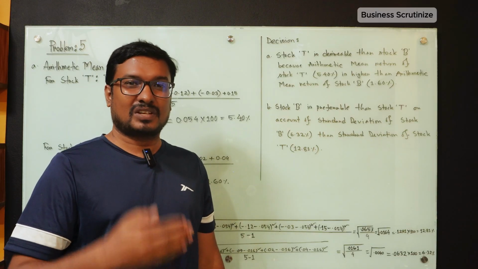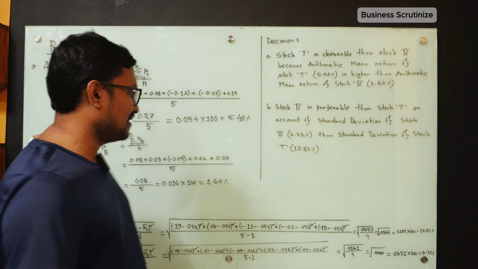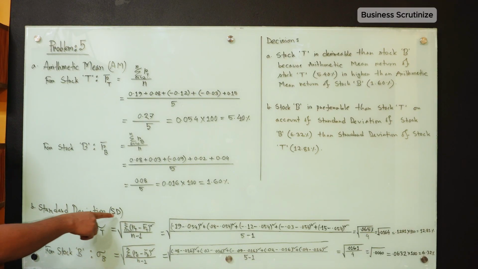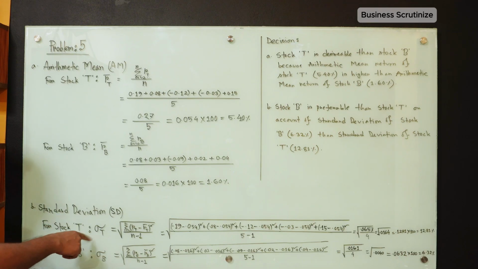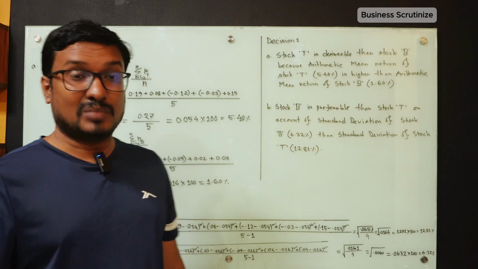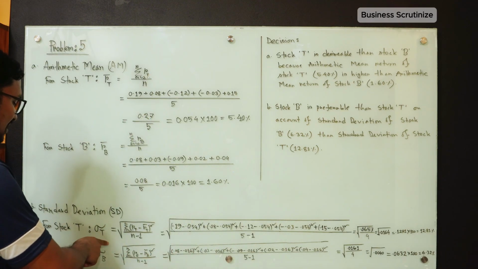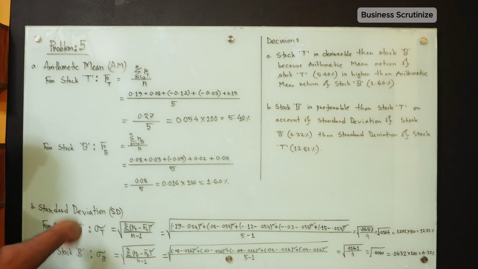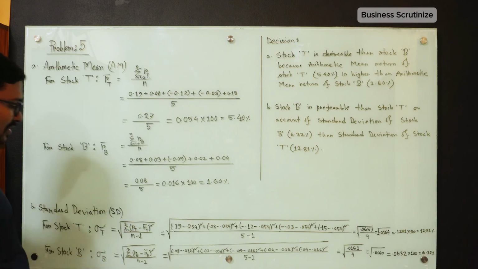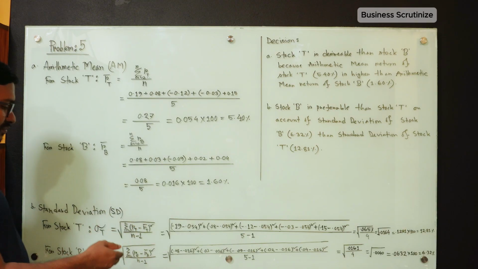Now we will see the computation of standard deviation in requirement B. As you can see, we have written standard deviation, shortly written as SD. For stock T, standard deviation is symbolically written as sigma. Standard deviation measures risk, so the risk of stock T is sigma T. So the formula we have to follow to measure the standard deviation or the risk is